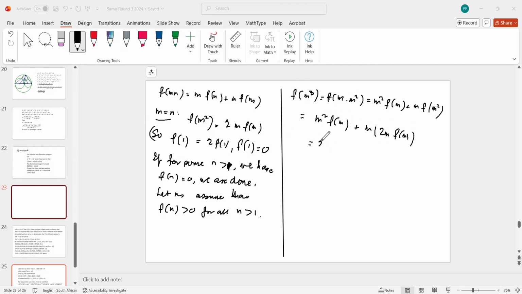So that gives you 3m squared f of m. Now you see, now you got f of m cubed is 3m squared f of m. f of m squared is 2m f of m. So we suspect the conjecture